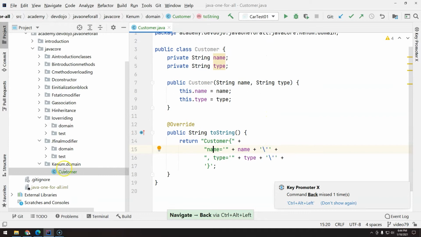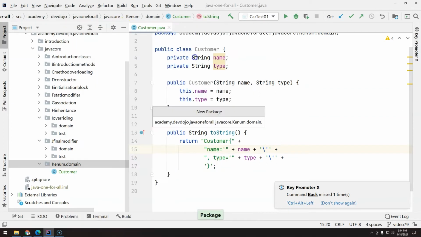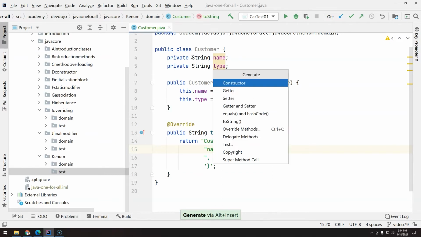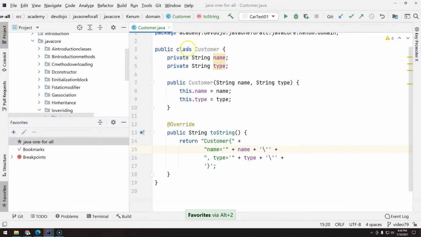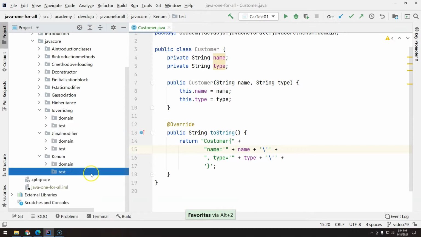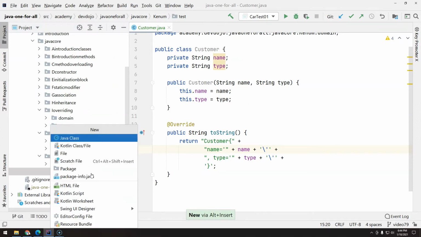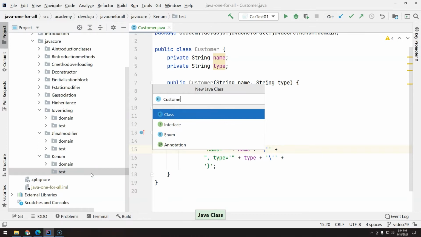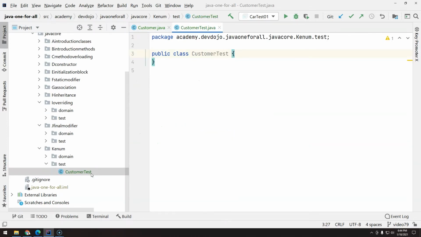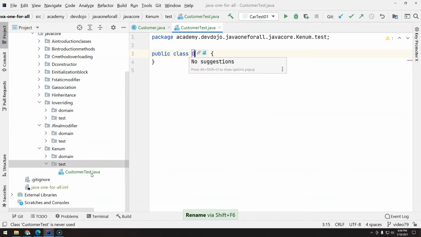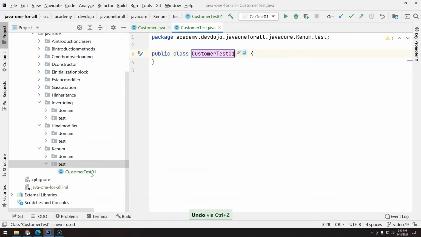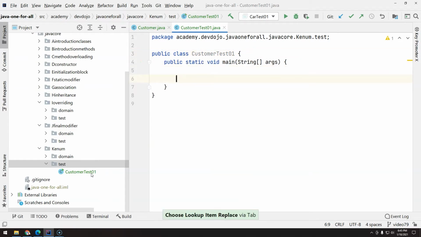Okay, now let's create a test package, and let's call it customer. It's a class, not the package. Customer test. Shift F6, customer test 01. Okay, so we have a customer,